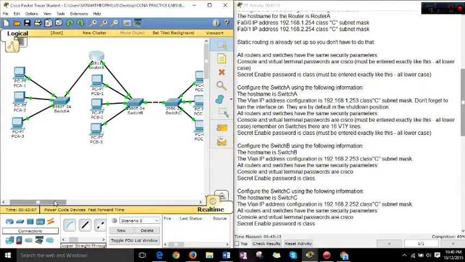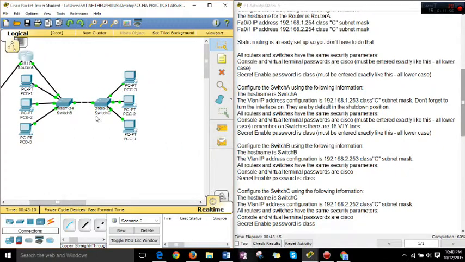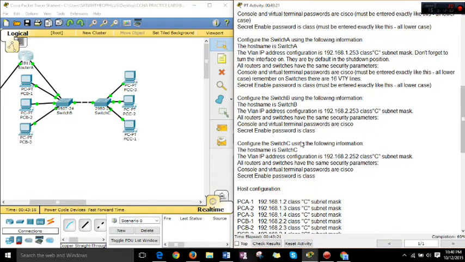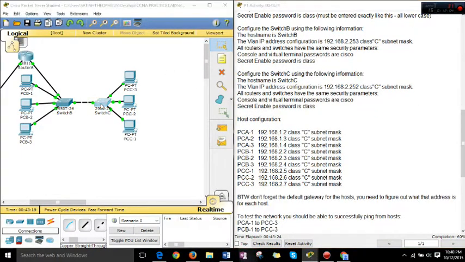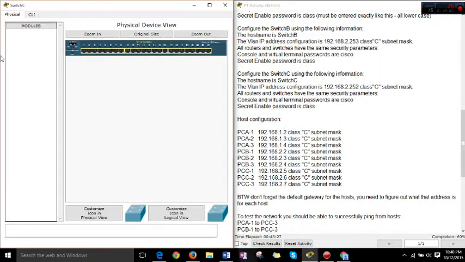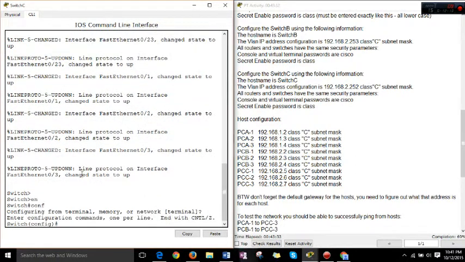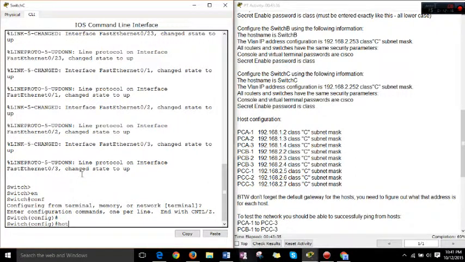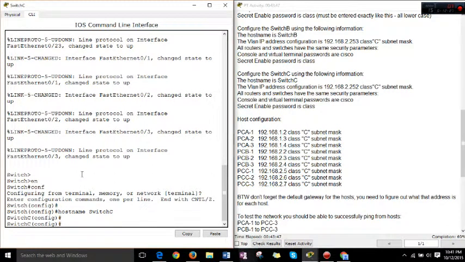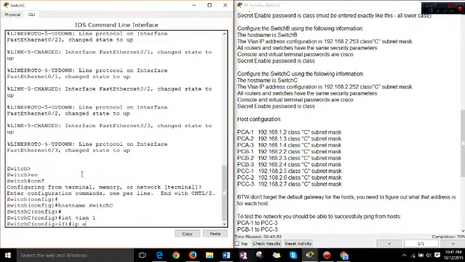So now let's move on to switch C. Okay, switch B is done. Gotta do switch C. I hope I'm not moving too fast though. Enable, conf t, host name, switch C. Okay. Now I want to set the VLAN interface, interface VLAN 1, IP address